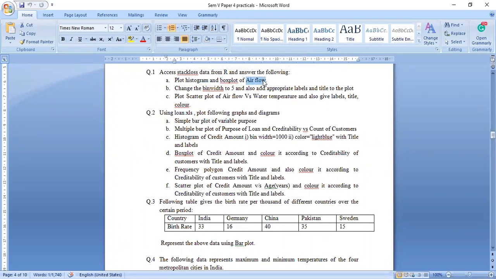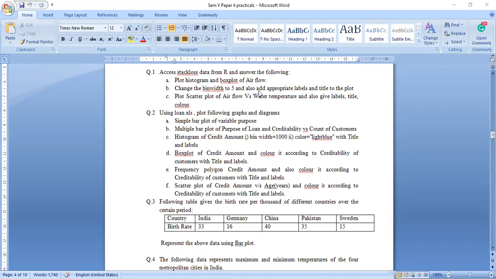Now we don't know what airflow is, so we have to study this stack loss data first in R, and based on that we have to draw the histogram and box plot of airflow. Then we need to change the bin width to 5. What bin width is, we will discuss.